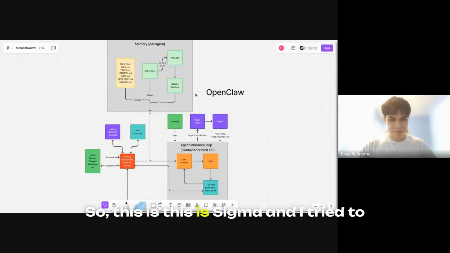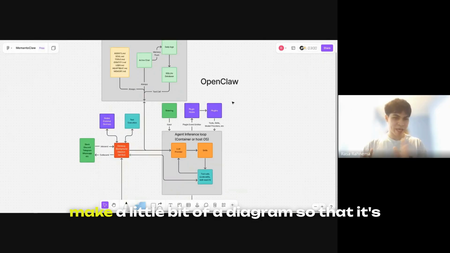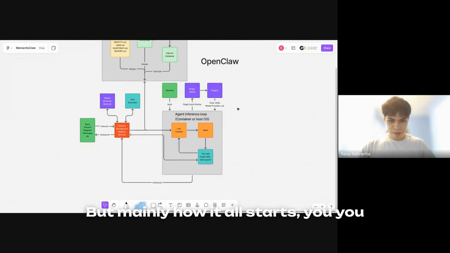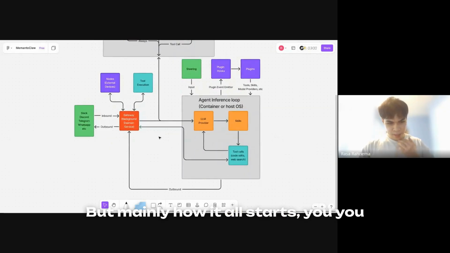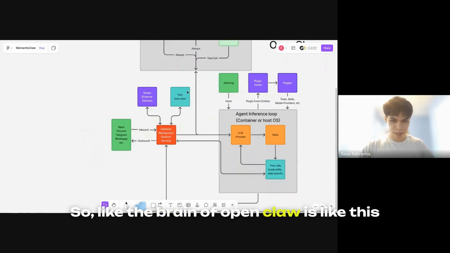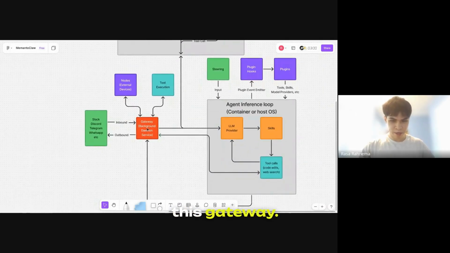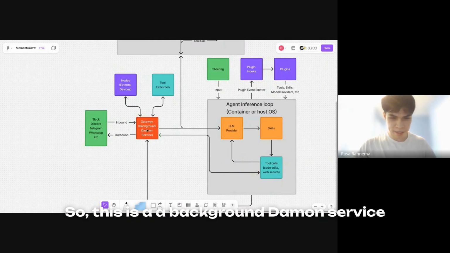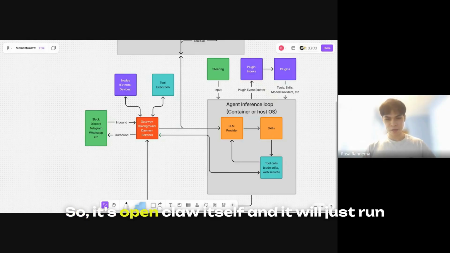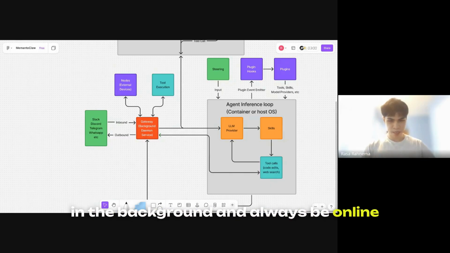So this is Figma, and I tried to make a little bit of a diagram so that it's easier to understand what I'm trying to explain. But mainly how it all starts, you basically ping the brain. So the brain of OpenClaw is this gateway. This is a background daemon service, and ideally it runs 24/7. So it's OpenClaw itself, and it will just run in the background and always be online, and you can always